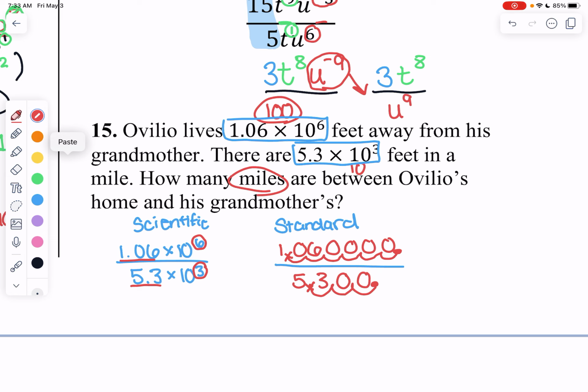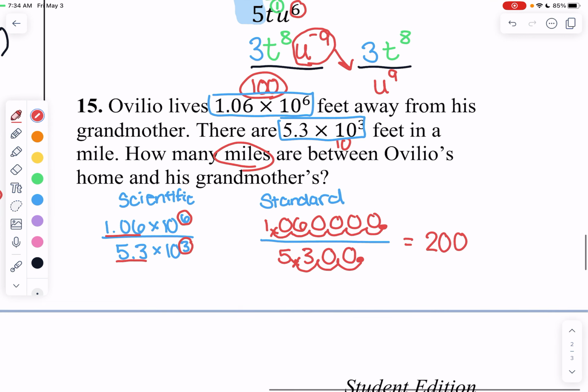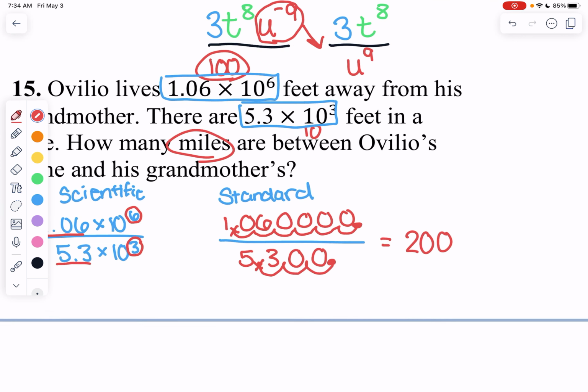Alexa, what is 1,060,000 divided by 5,300? 1.06 million divided by 5,300 is 200. 200. All right. Super easy. So we can say that there are 200 miles between Ovilio's home and his grandmother's,